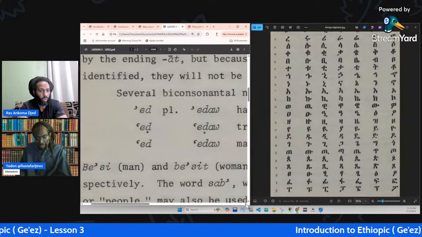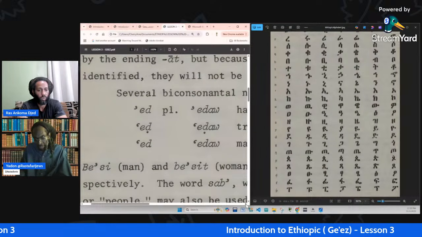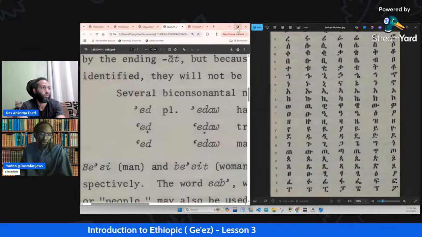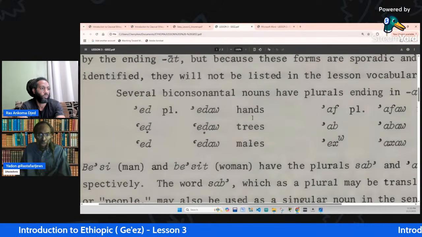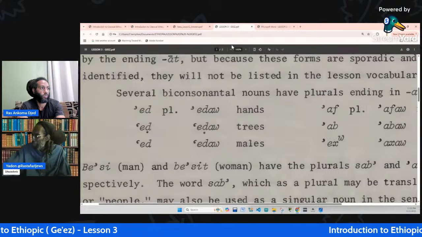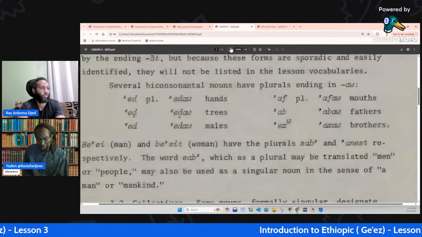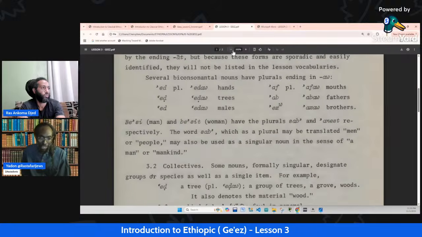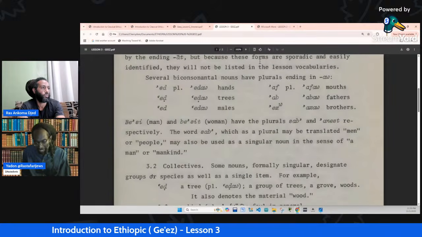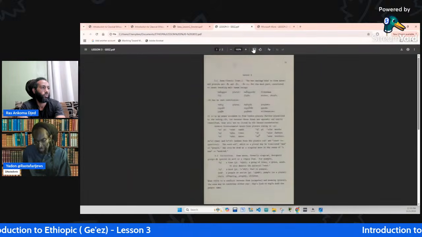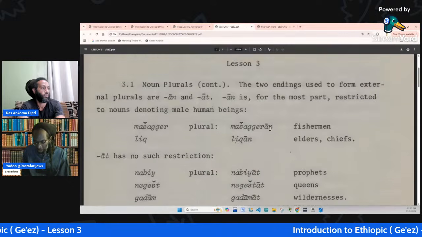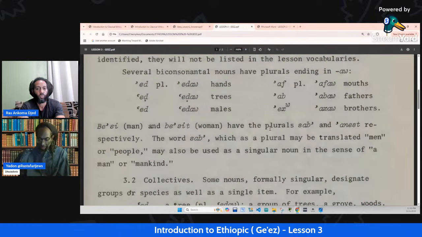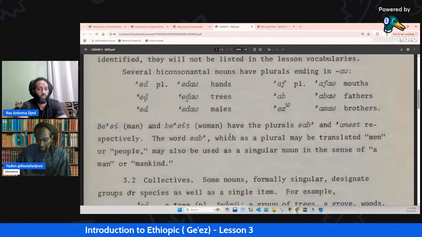So id is males, and iddo. What up, Iddo? Yeah, id. So the id and iddo is like males. Iddo is males. Now on the opposite side right here, we have